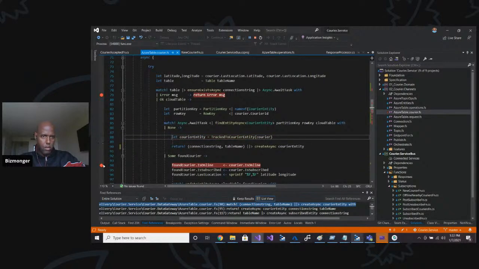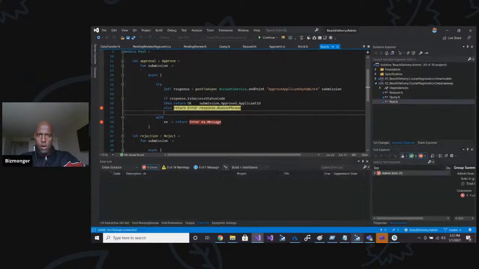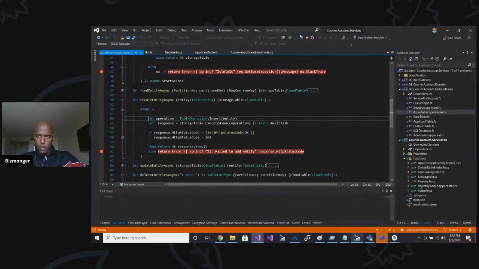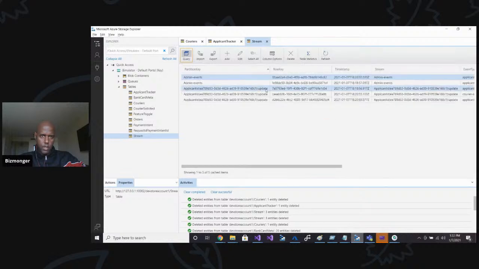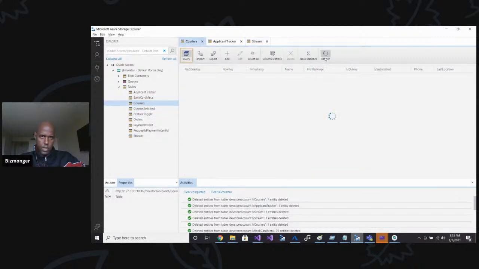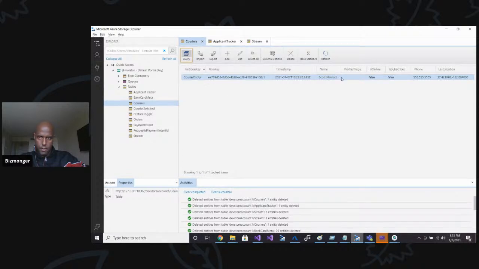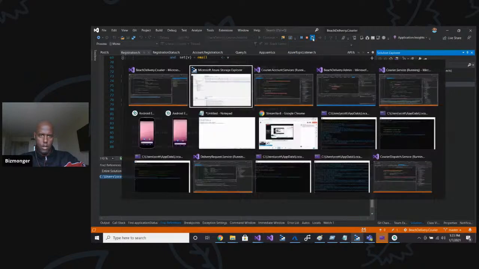Okay. Now what? This is the admin app. We don't care about the admin app anymore. Now we want to rerun the Courier app. If we check our Azure storage tables, refresh, we'll see if we scroll over that, we have applicant accepted. We have admin events, applicant applied. If we go to couriers, we will see a courier entry. Okay, cool. Now, if I relaunch the courier app,